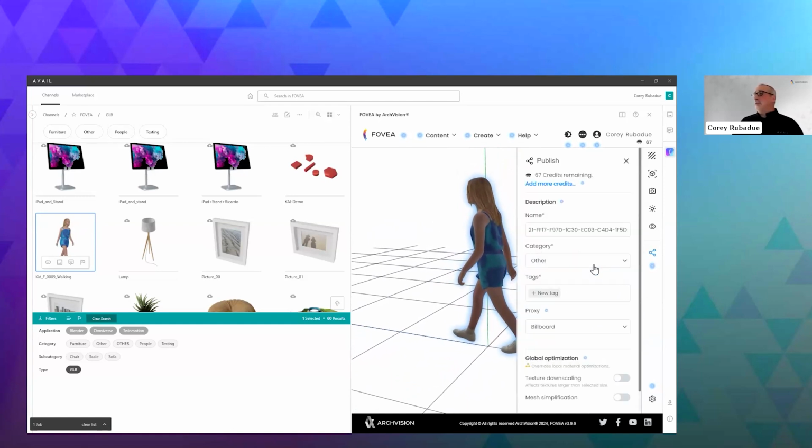And then I can go to the publish option here, and I could give it a content name. We'll say girl. Category, I'll select my category. This is where the metadata comes in that we're seeing in AVAIL, and I'll show that in just a second. I can say webinar, and the proxy type in this case, I'll choose billboard,